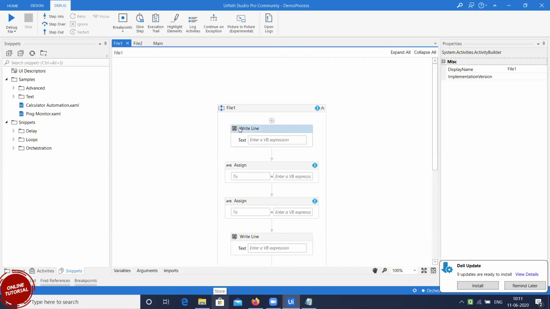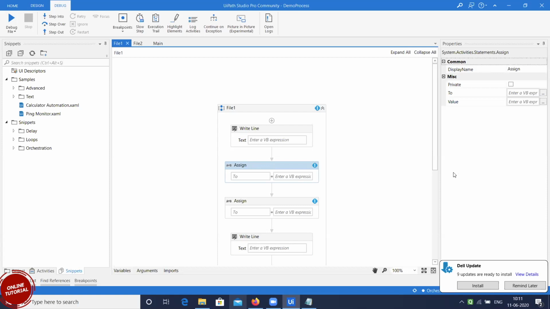And every activity that we use in our project, based on that, this properties panel is going to change. See here. Which property to use when and where, that will come across. But you don't have to do anything else. You only have to give the value. Your parameters remain fixed. Based on your activities, it will vary.